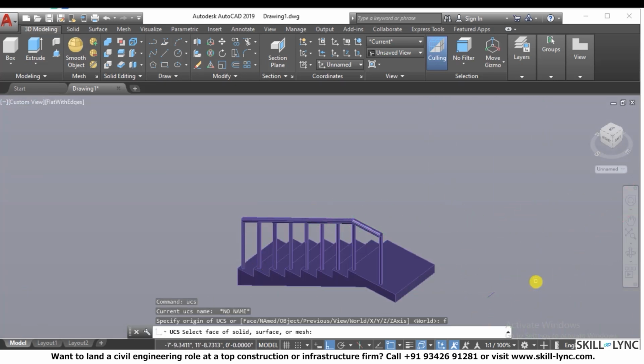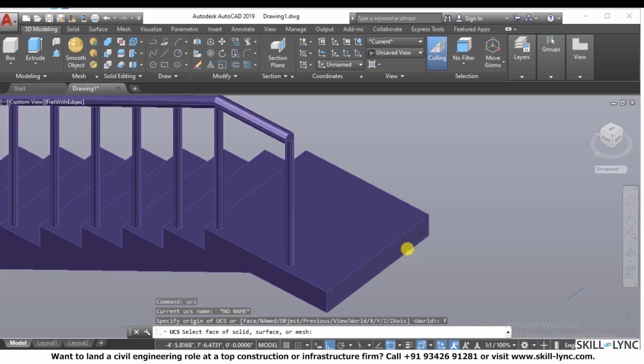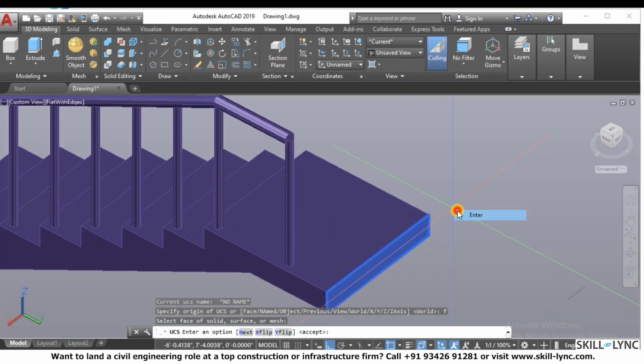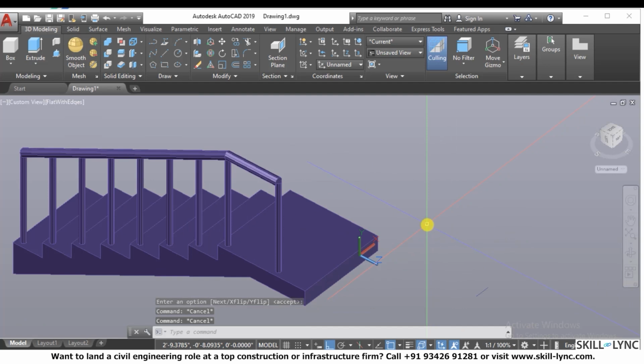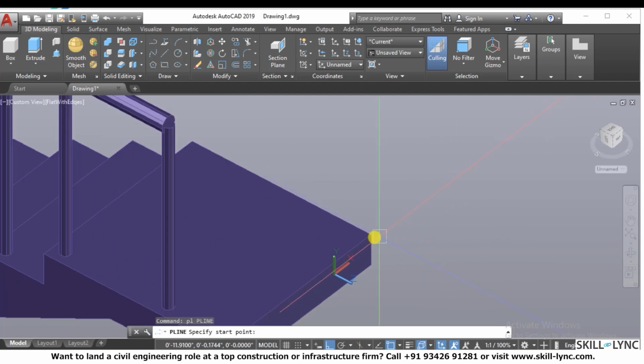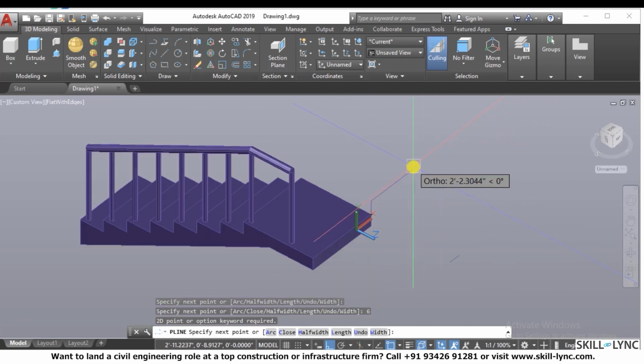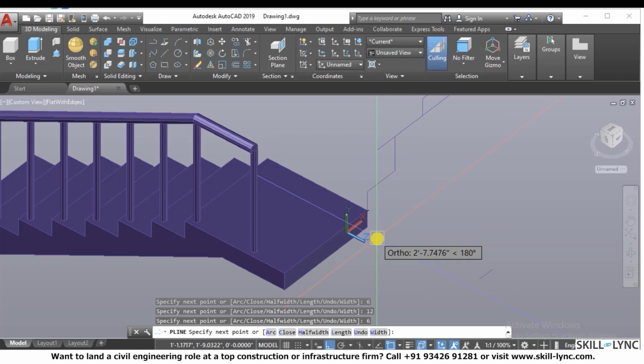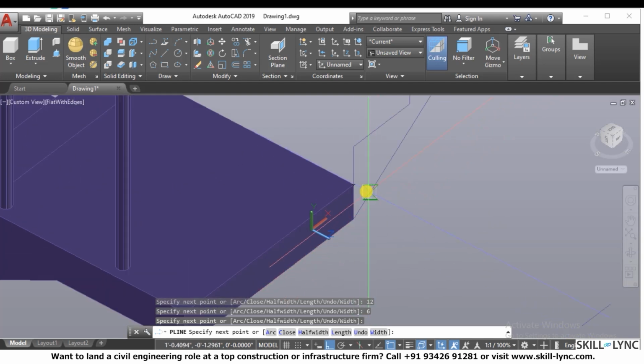So you can have a UCS face, put your UCS here, and then you can start developing the profile from this particular point. Let's say 6 inches, and then you have 12 inches. So let's say this is the profile that you have: 12 inches, and then 6 inches, and then 12 inches. Then you can come back 6 inches, and then let's say you want to join it with this particular point,